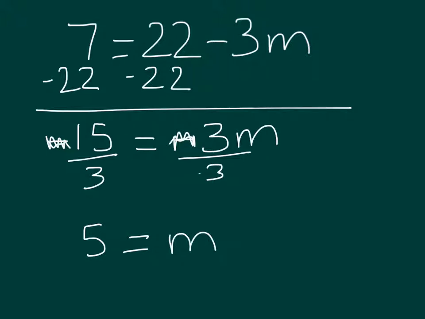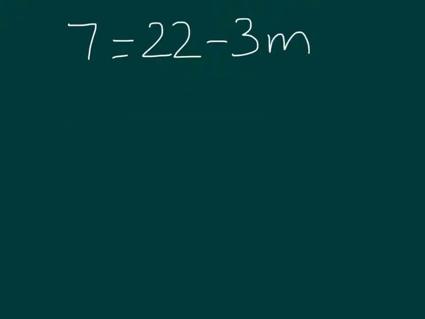And if we go and plug that in up at the top, in other words, we take the first m out, and we think of it as a 5 instead. Think, does this make sense? 22 minus 15 equals 7, correct? If that's too hard, if you can't figure out how to deal with the negative numbers, the other thing you can do, and it hopefully is a little bit less confusing, is if we do the exact same problem,